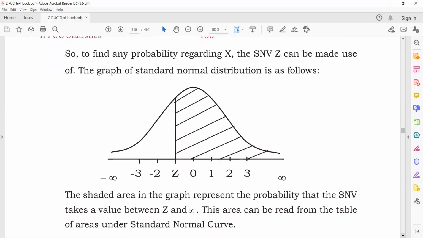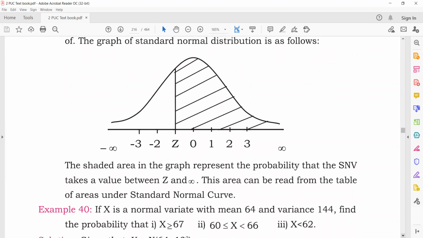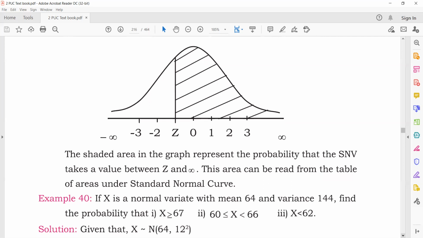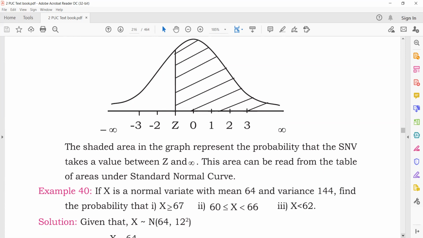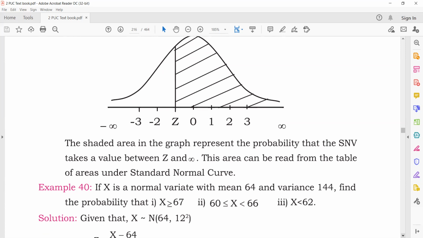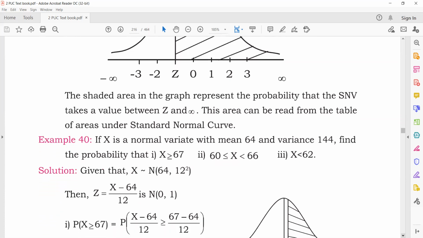Now the question: why do we need this standard normal distribution? As said, if you have any particular variable, when it becomes a standard normal variable, it is a unitless measure. So every normal distribution could be studied easily using the standard normal distribution. Therefore, we convert it into standard normal in order to look into the probabilities as well as areas. Otherwise, the standard normal curve is not needed.